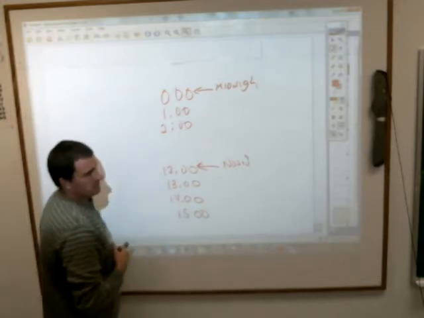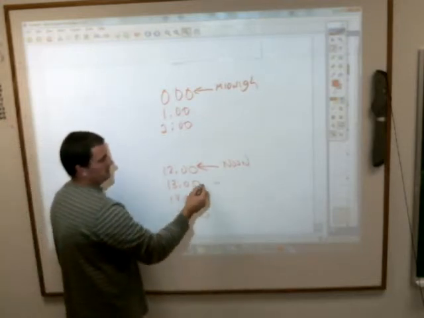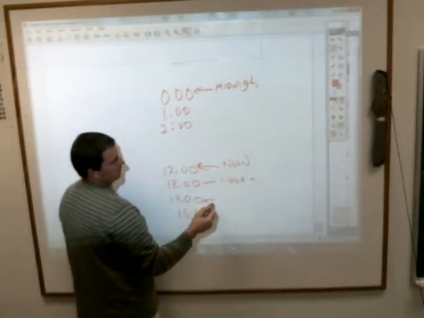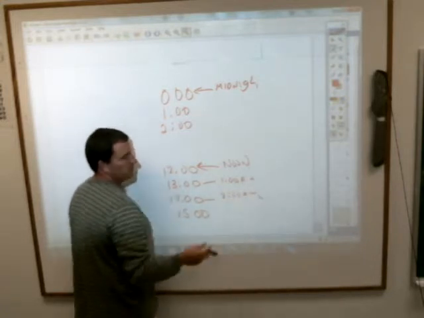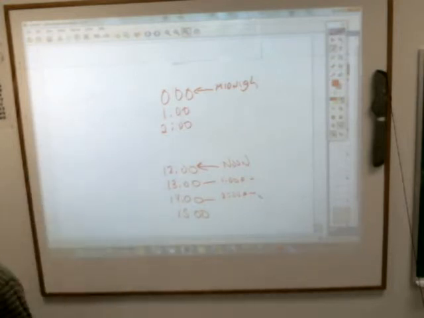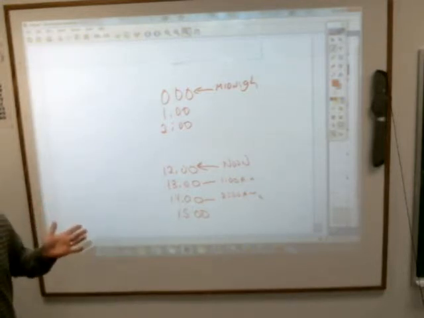And then you just have to subtract 12 from all these to figure out what the afternoon time would be. In other words, 1,300 is the same as 1 o'clock PM. 1,400 hours is 2 o'clock PM. They did that simply because when you're giving orders, military people have to be right on time and not get confused. When you say it's 1,500 hours, there's no question what time that is. It's 3 o'clock in the afternoon.